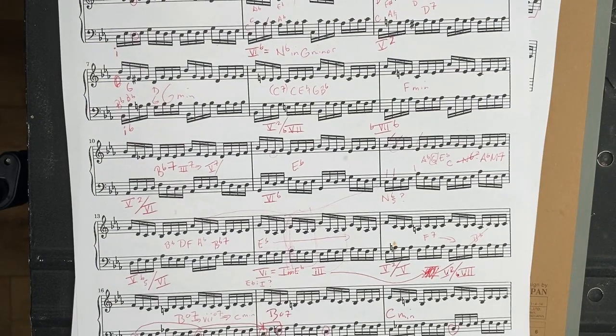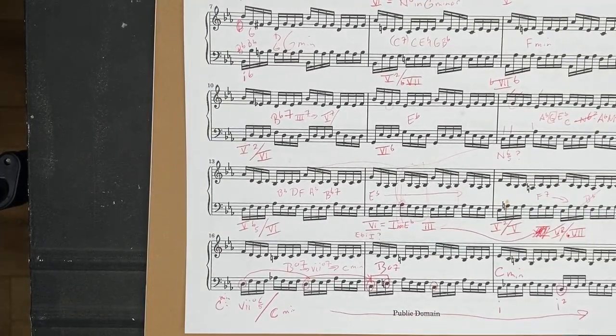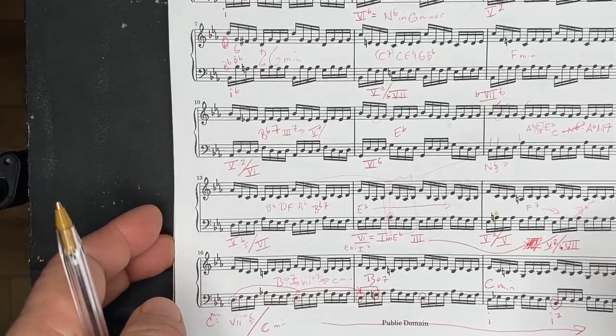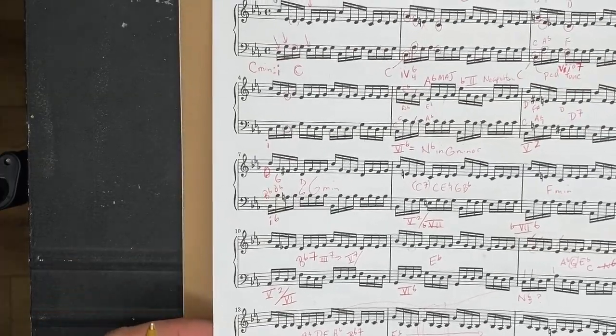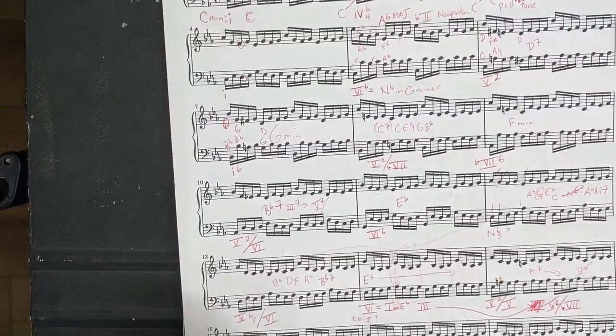Yeah. Okay. Well, it wasn't a half hour. It was an hour. Hopefully it's as useful for some people, or at least you can stow it away and say, like, one day when I'm taking a form class or a counterpoint class or a history class where Bach's involved, you can come back and find this information, because it will always be up there, and it will always be there for you to